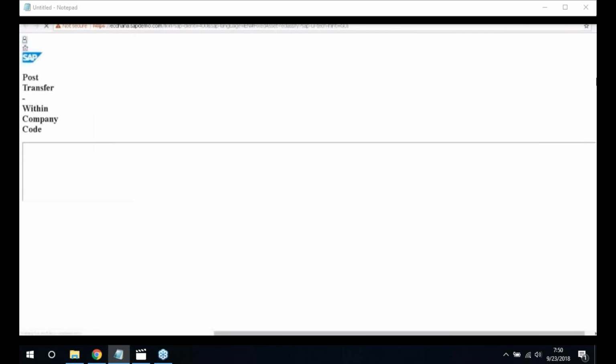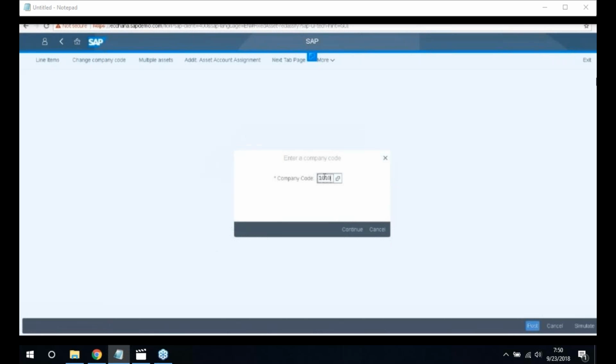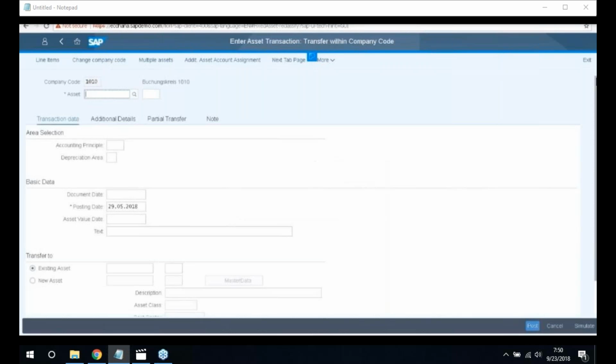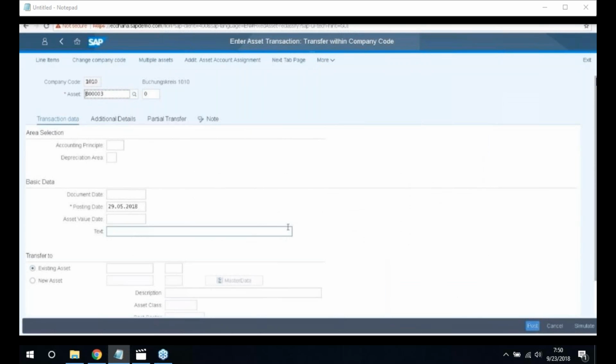double click on the app, enter the company code 1010, select the asset, select the document date, select the asset value date, enter the text as transfer asset,